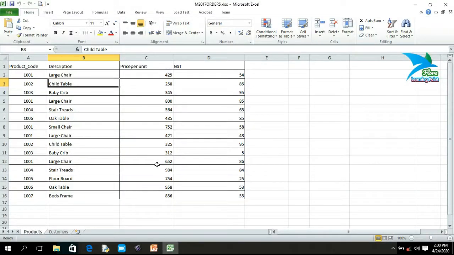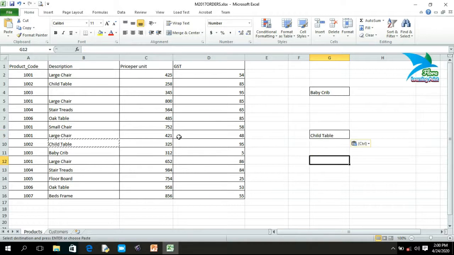So let's start with an example. For example, I want to move this value to this cell. So I will press Control X and here Control V. This is known as moving of data. That means the value from this cell is removed and pasted here. And then if you want to copy the value, press Control C from the keyboard and Control V. Now you can see that the value is available here, moved to this cell, and copied to this cell also. That is known as moving and copying.